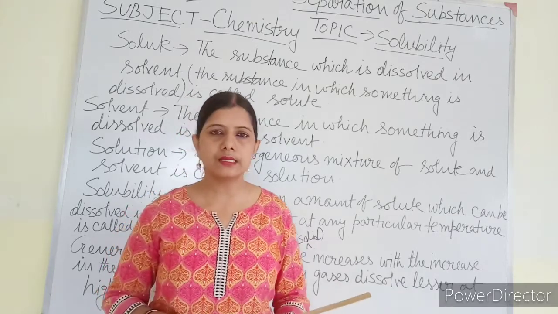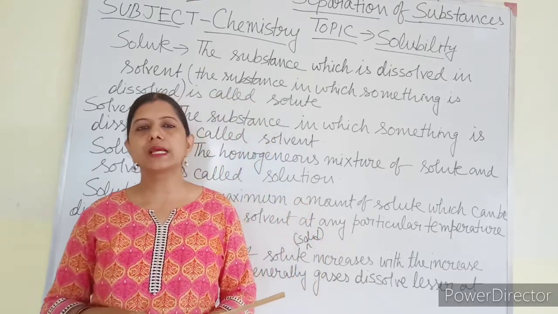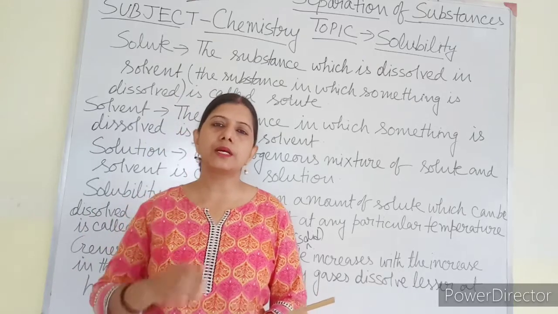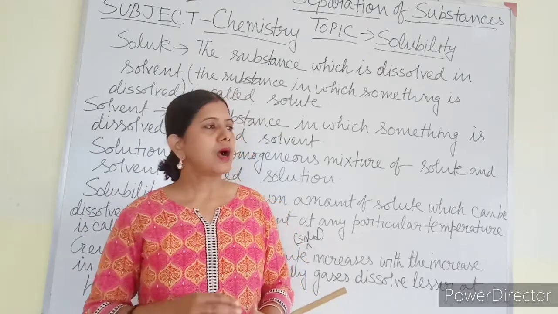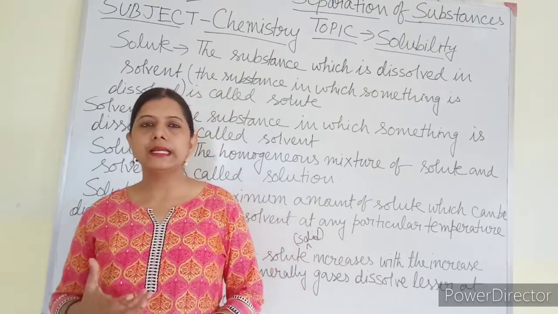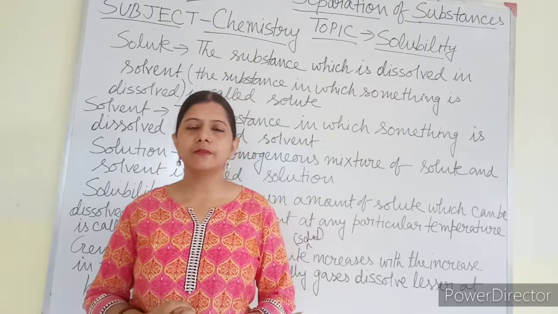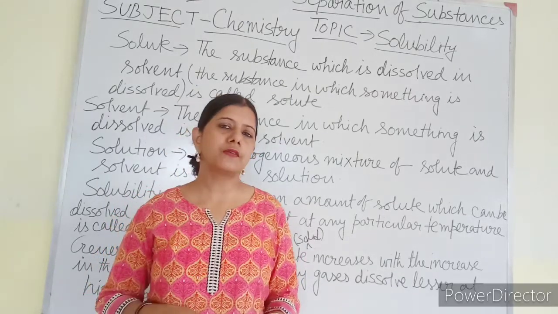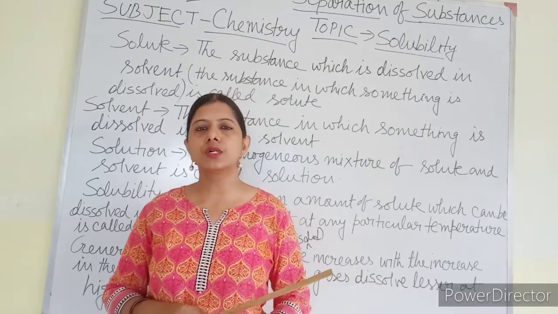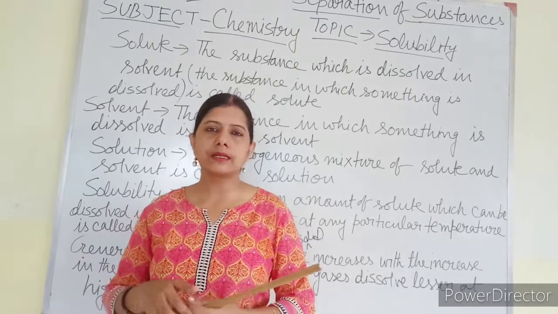Ammonium chloride is a substance which can sublime easily. That means it changes from solid state to vapor state without passing through the liquid state. How will you separate the constituents of the mixture? In the beginning, with the help of a magnet, you will separate the iron filings, the small pieces of iron. Iron has the property of being attracted towards a magnet. So by using a magnet, you can separate the iron filings.